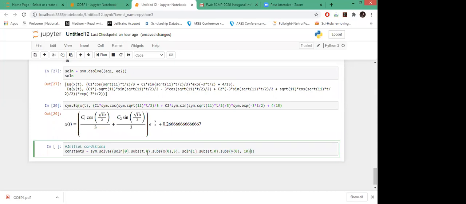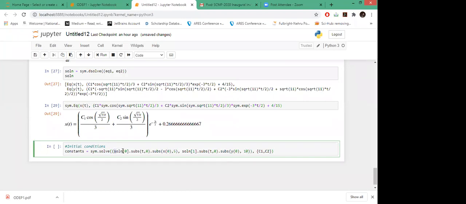This is my initial condition. After this, I will pass in what I want to solve. Sorry, this is C2. I hope there isn't any error. Okay, all the brackets are fine. So this will solve for the constants C1 and C2 by substituting t equals 0 and x of 0 equals 5 and y of 0 equals 10; these are your initial conditions.